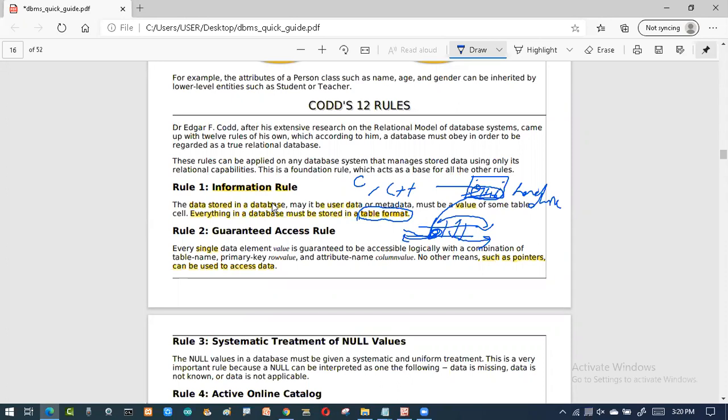So if I use the pointer concept, where the data is stored, with the help of this I can jump to the hard disk and steal the information of others also. Because such kinds of issues have arisen in the market, it says that it should not use the pointer concept. So I am ensuring that whatever data or element is accessed by the combination of the table name and the primary key, that is called guaranteed accessible.